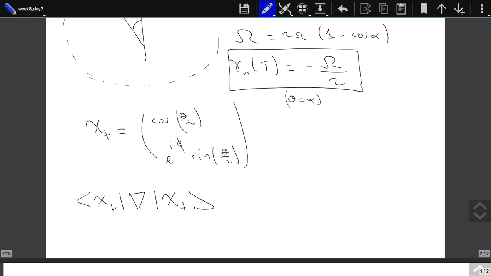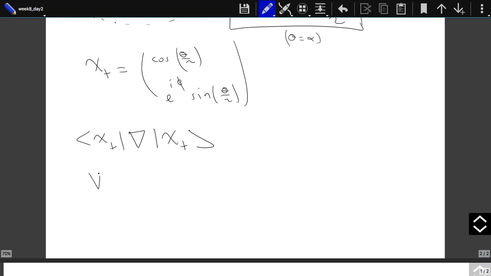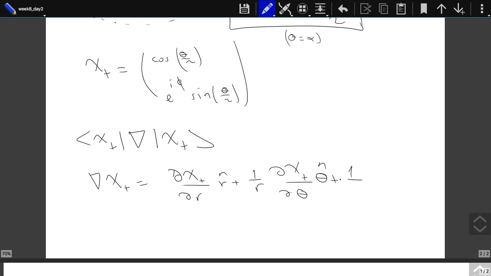In spherical coordinates, this gradient of psi plus would be, let me write it in general, the derivative of psi plus with respect to r times r hat, plus 1 over r, the derivative of psi plus with respect to theta times theta hat, plus 1 over r sine theta, the derivative of psi plus with respect to phi times phi hat. Of course, r is actually the magnitude of the magnetic field, which is constant, so the first term doesn't really appear. Now, if you calculate this,